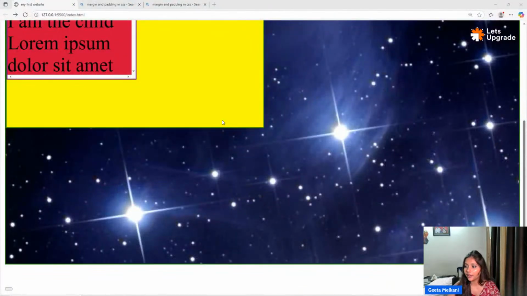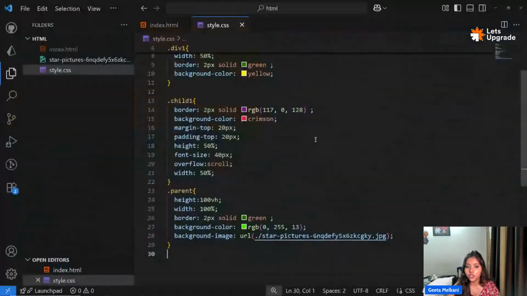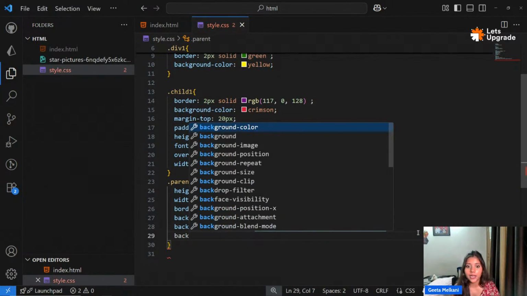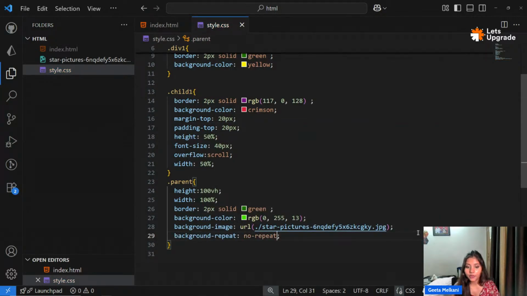So I have added a background image using URL inside the background-image property. Then there are background features like background image, position, and repeat. Background repeat: no-repeat means you do not have to repeat the background. What it does is, if the image is very small and the div is very large, it will repeat